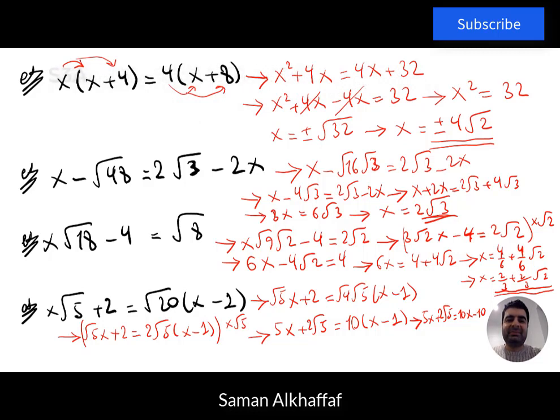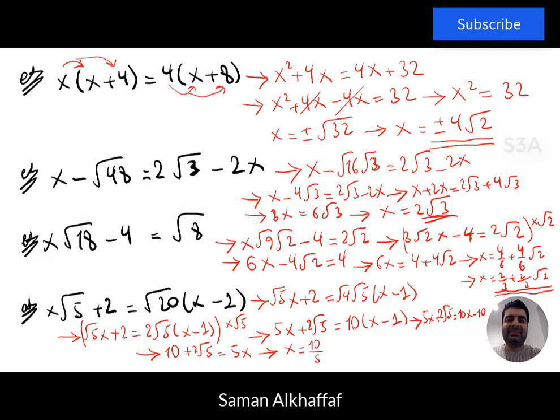The 10 moves to the other side also, so we'd have 10 plus 2 root 5 equal, the 5x moves to the other side too, so we would have 10x take away 5x, we would end up with 5x, and then we would have x equal